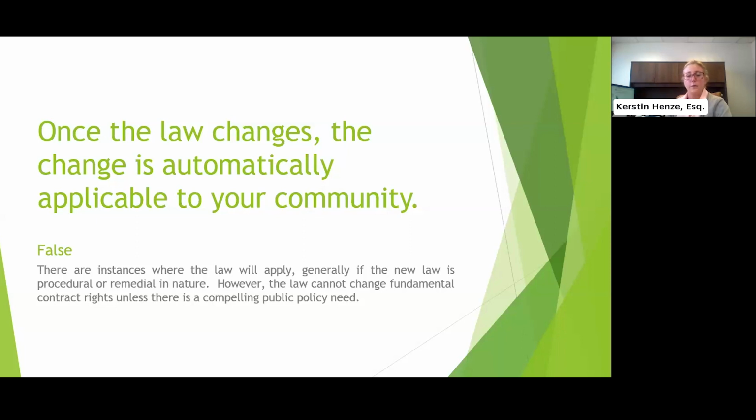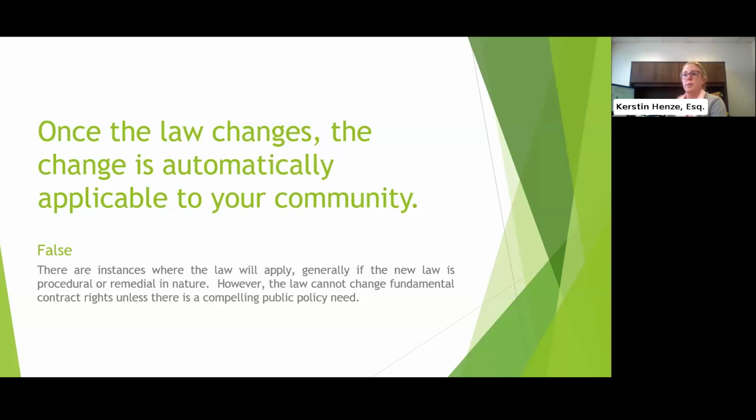Now, if you don't have those magic words, and that might be if your documents are older, then the association could make a constitutional argument that substantive changes in the statute that took effect after the declaration was recorded in the public record would not apply to your community.